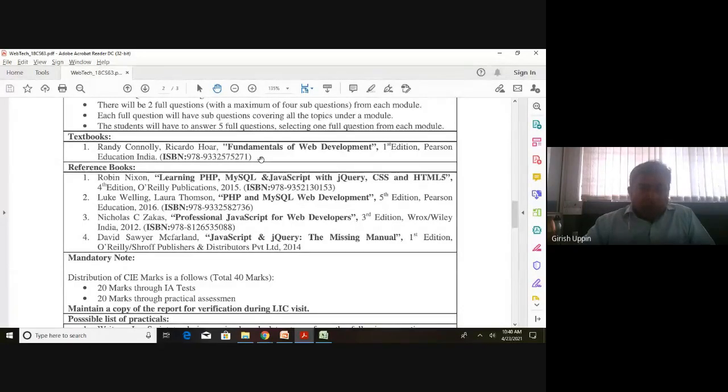There are also additional topics, which will be helpful as part of the learning, but they are not part of your syllabus. If you are really interested, it is good to have a copy of this. It will be useful in your career. Suppose you get into front end development, it will be helpful as a reference book in the future also. If you want to buy this book, that would be good.